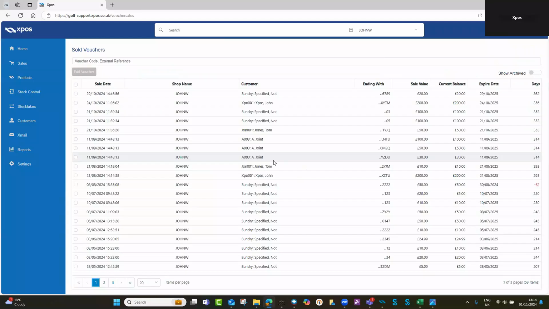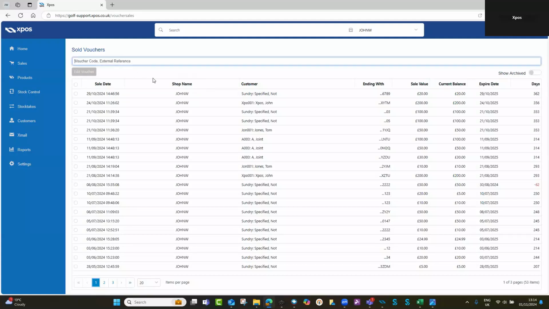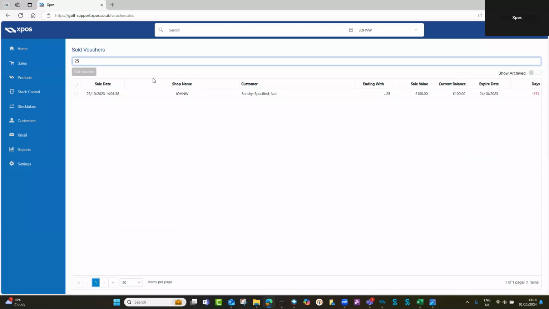This will give you a full list of all the gift vouchers that have been sold within the system. And if we look over here, you've got the sales dates, the name, staff member, customer, reference of the voucher, then the sales value, current balance, and then the expiry date over on the side. So if I look for this voucher that I just mentioned, number 25,